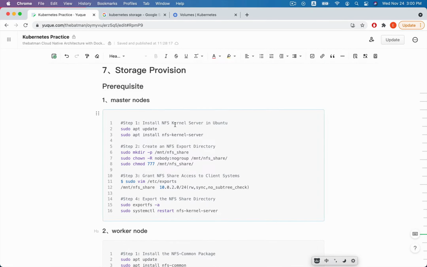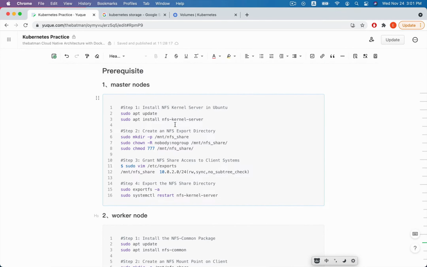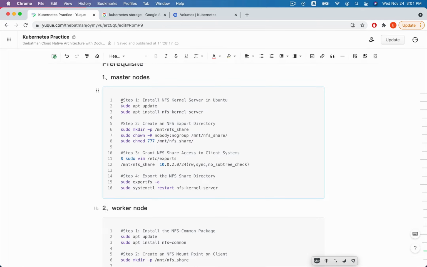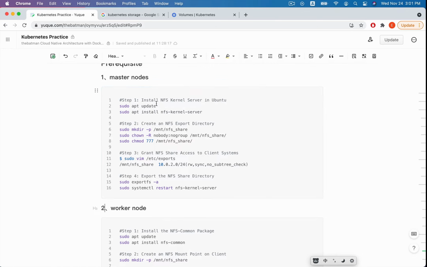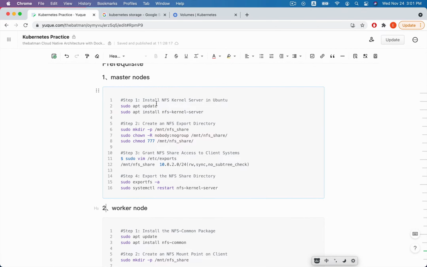So we can study it in this configuration file. First, in the master node, we specify it as the NFS server.